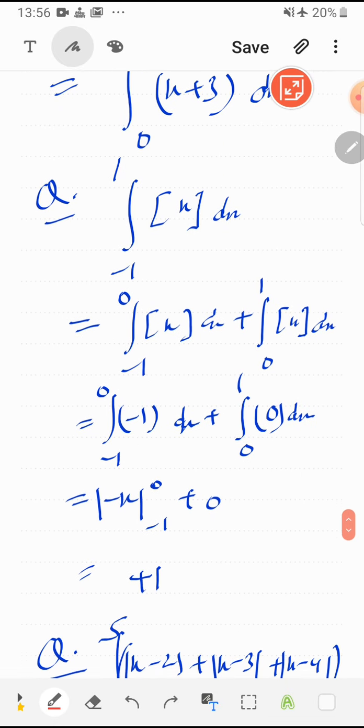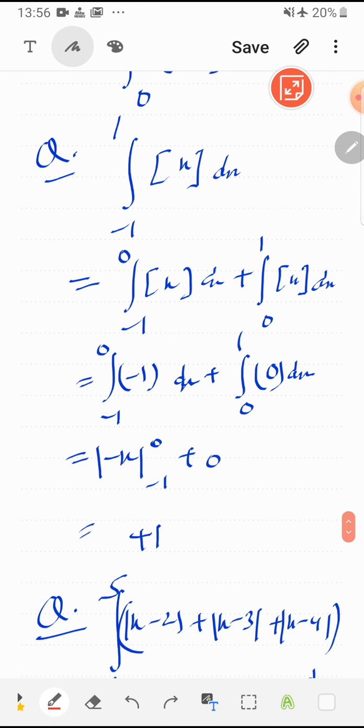Similar situation is integral from minus 1 to 1 of sin x dx. So it is minus 1 to 0 plus 0 to 1. Now by definition of the greatest integer function, obviously if x lies from minus 1 to 0 and 0 is not counted, then the value will be minus 1, and when x lies from 0 to 1 and 1 is not counted, then its value is 0. So this integral vanishes and minus 1 will be integrated as minus x, and then you can put the limit. So 0 minus minus 1 is 1. So hence the result.